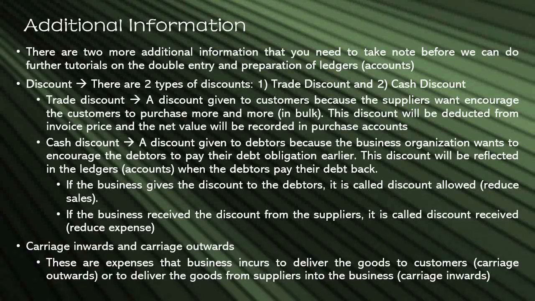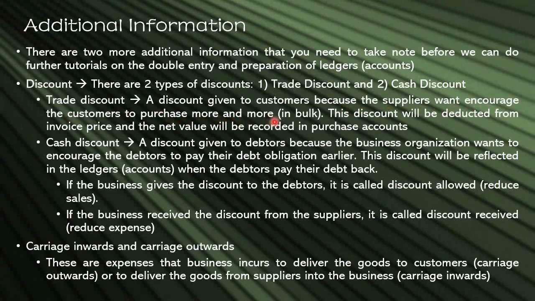Okay, before we go further, you need to know two more pieces of additional information. The first one is the discount. The other one is carriage inwards and outwards. Under discount, there are two types of discount that you need to know. One is the trade discount. The other one is cash discount. So what is trade discount? Trade discount is a discount given to customers because the suppliers want to encourage customers to purchase more and more